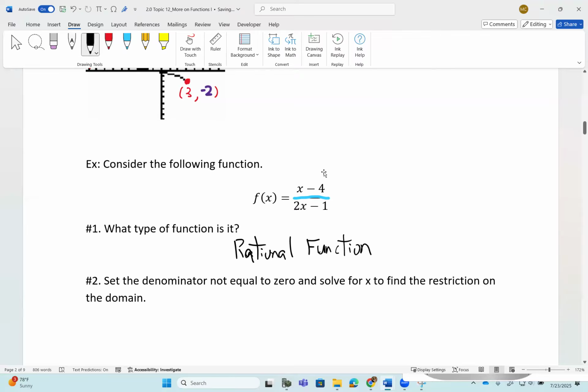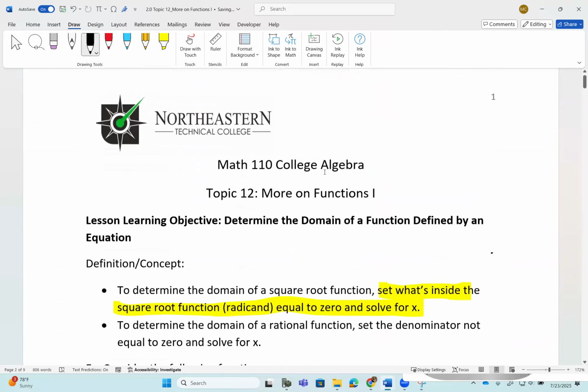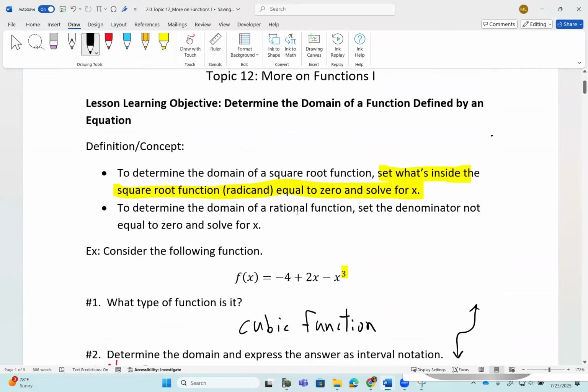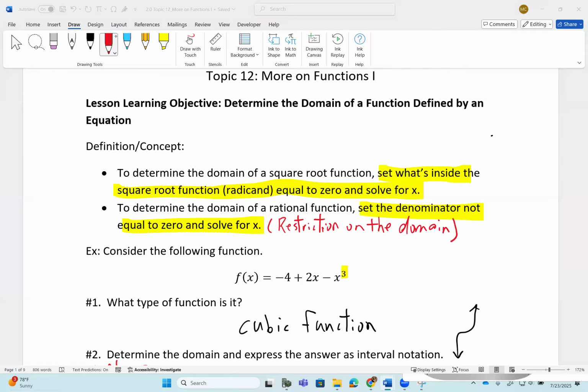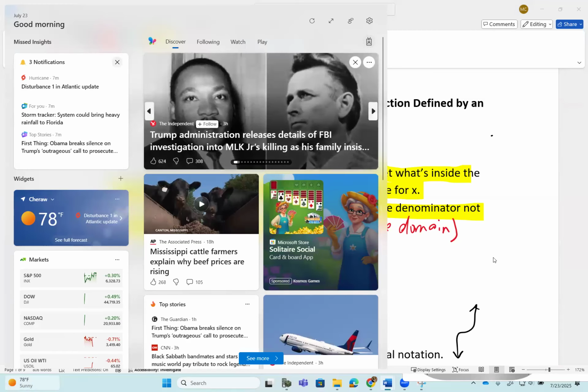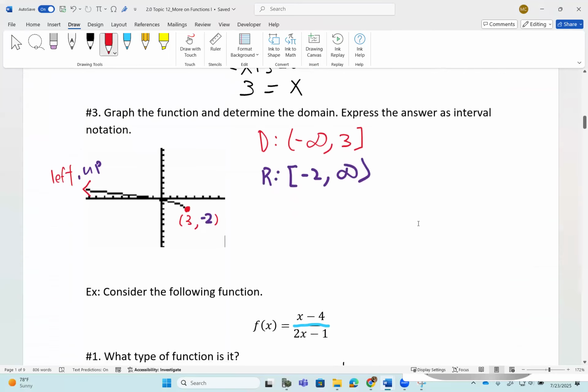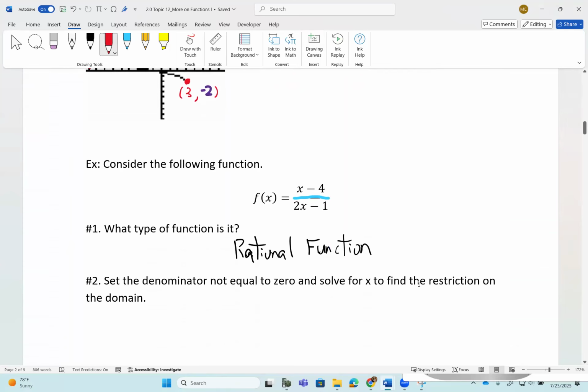All right, so let me go back to the first page of your handout. To determine the domain of a rational function, set the denominator not equal to 0 and solve for x. That's part of finding the restriction on the domain. With one restriction, my graph will divide into 2 parts. All right, let's go back there. The first thing I'll do is set the denominator not equal to 0 and find the restriction